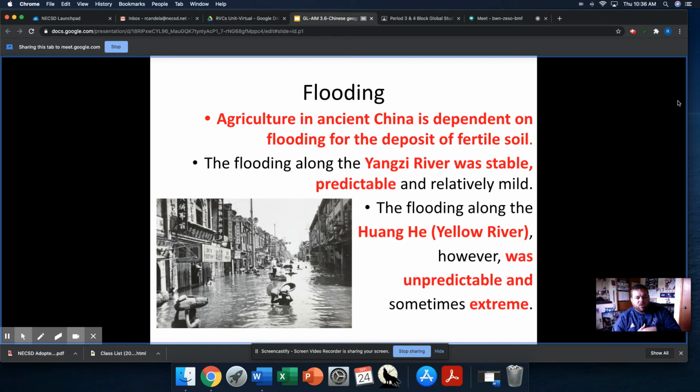This is in China, in a city along the banks of the Yellow River, and you can see the impact that the flooding of the river is having on this particular community. It was so extreme that it made it very, very difficult to deal with. The infrastructure that's in place in order to handle the flooding in one season might be fine, but in the very next season, it might not be good enough. And that's what you're seeing here. So you have one river that behaves one way and another river that behaves an entirely different way.